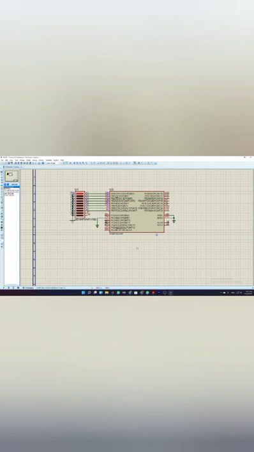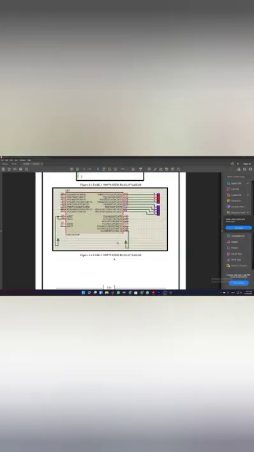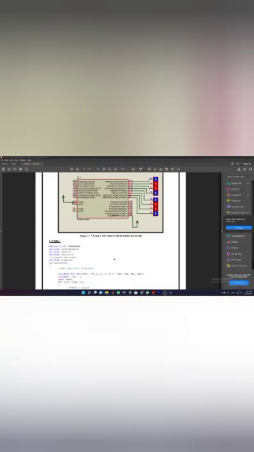So here you can see that this is the Proteus simulation for that, in which you will see that it's working very slow, but the LED pattern is just doing like that, in which we can see that it's printing the value in binary from 0 to 256, meaning 00 to FF. So again, moving on towards